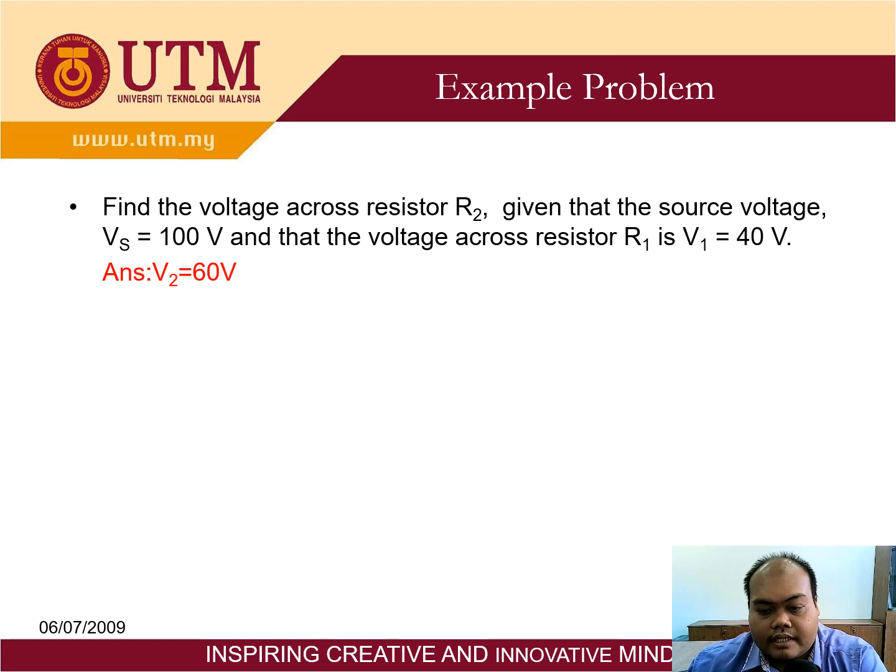So I give you another example. Usually the question will be given in a sentence, and you have to draw it. Find the voltage across R2 given that the source voltage Vs is 100 volt and the voltage across R1 is 40 volt. If you draw this, you can see this one is Vs,